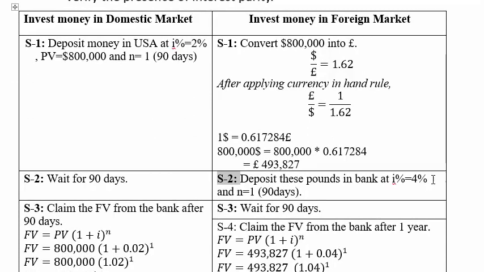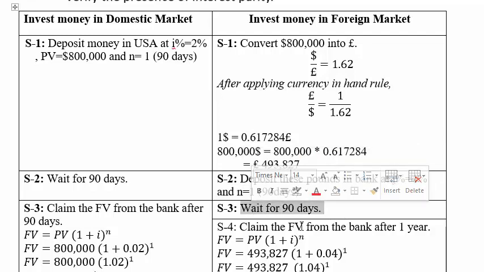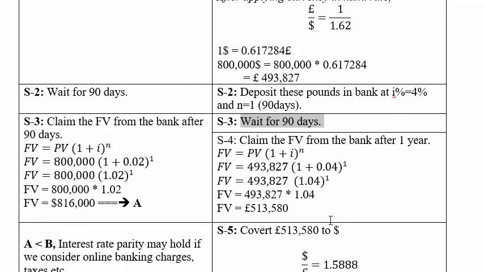So that's 4%, and 90 days is equal to 1 term. After that, in step 3, I will wait for 90 days, and once the 90 days are finished, I will go back to the bank and take my money back along with profits. How much profit and how much in total I will get back, for that future value calculations will be used. The money that I deposited was 4,93,827,